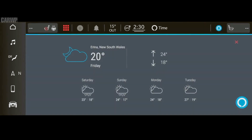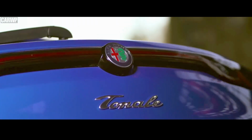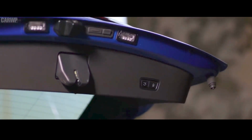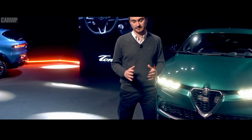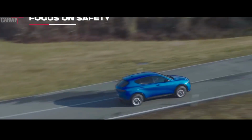intact. These include intelligent adaptive cruise control, IACC, lane centering, LC, and traffic jam assist, which automatically adjusts speed and trajectory, keeping the car in the middle of the lane and at a distance from the vehicle in front, thus ensuring safety and comfort. The Tonale is also equipped with other innovative devices and technologies that perfect the interaction between